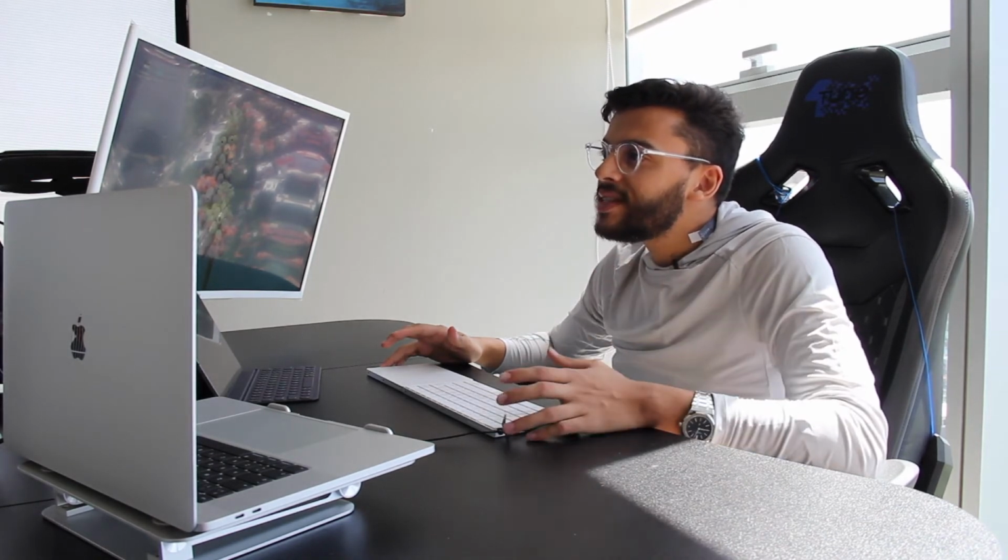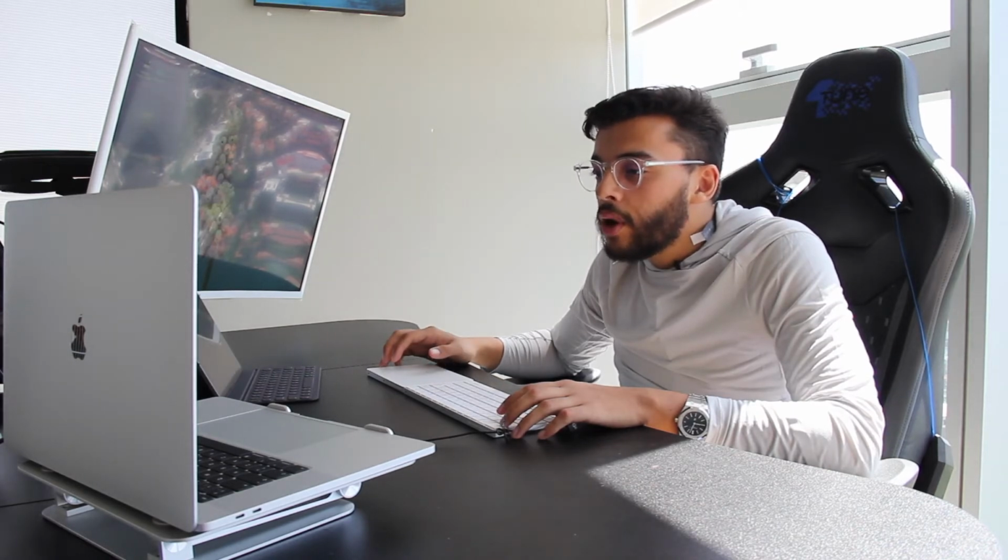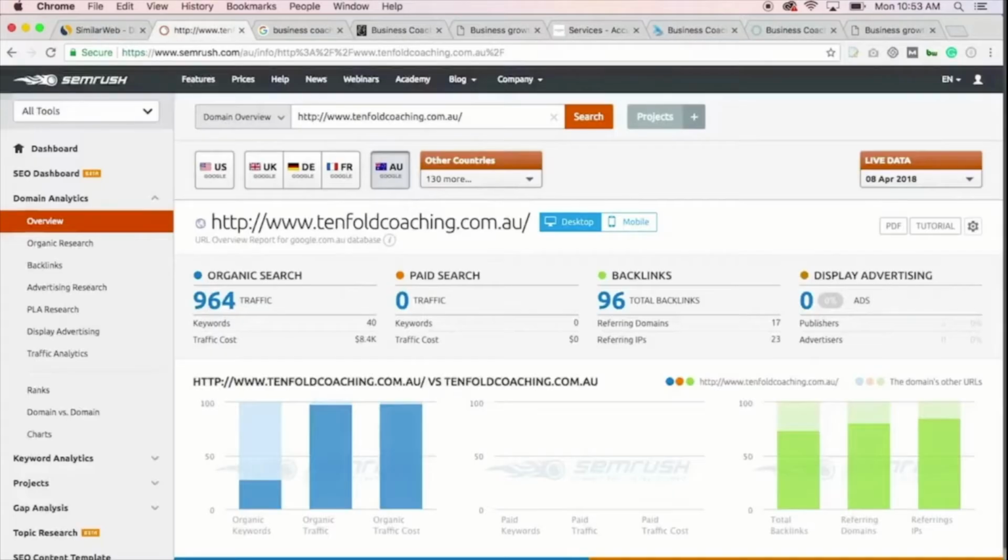So what I'll do in this instance is I'll bring up tenfoldcoaching.com.au just to copy the URL and plug it straight into Semrush. Semrush has a paid platform and also has a free one. Basically, the unpaid version just limits a little bit of data. However, the free version is going to be more than sufficient for what you want to be doing, which is just to get a read on where they're getting their traffic from and what keywords are triggering those ads or that they're ranking well for. So you can bring up this dashboard that you can see on here,